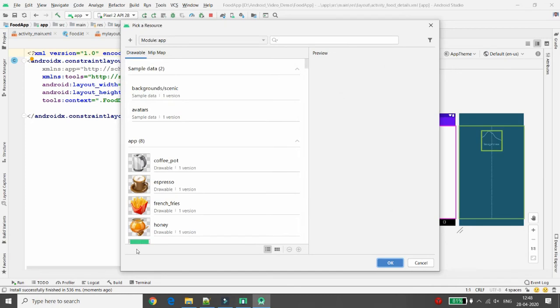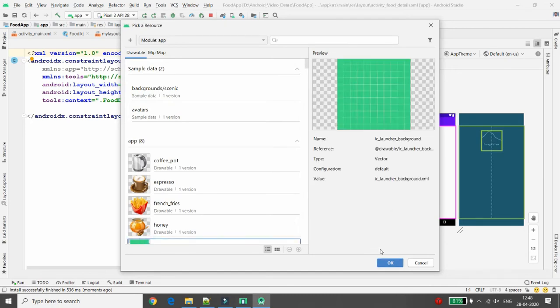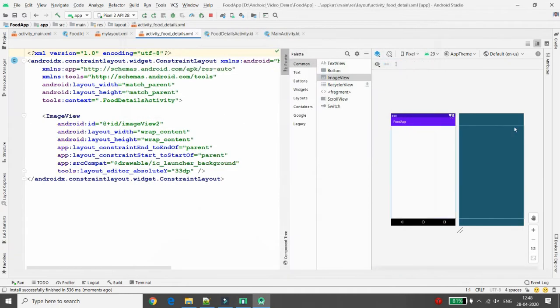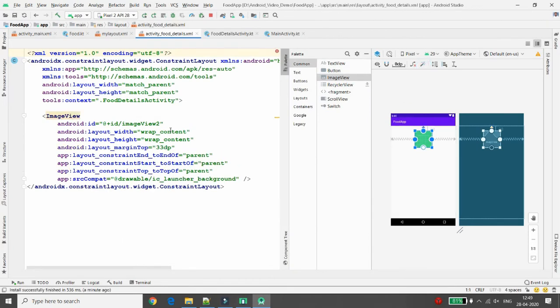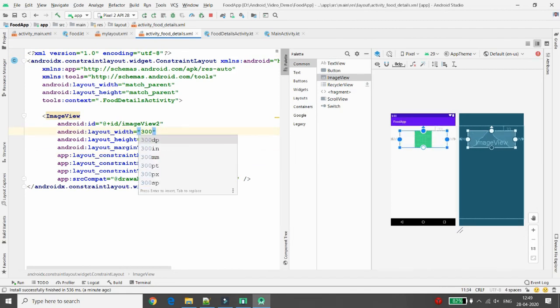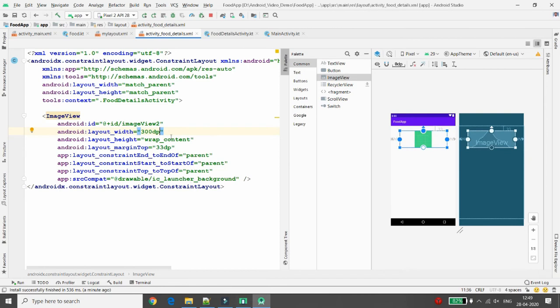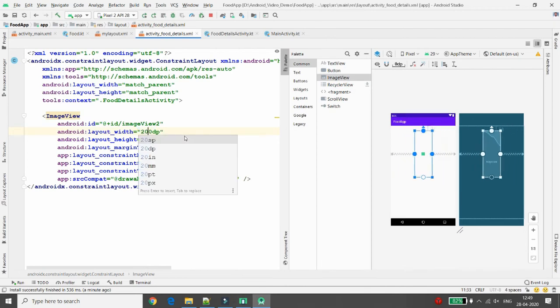You can choose any image. I'm just taking the background launcher image. You can click on OK, and then you can click on infer constraint. Then you can define the width and height also. I'm just giving the width that is 300 dp, and height is again 300 dp, right? If it is required, then you can pass 200 here, that is fine,